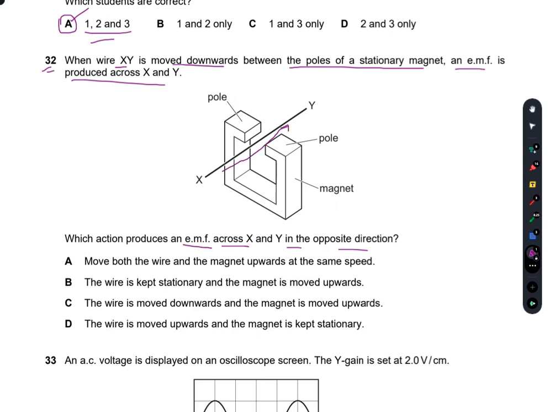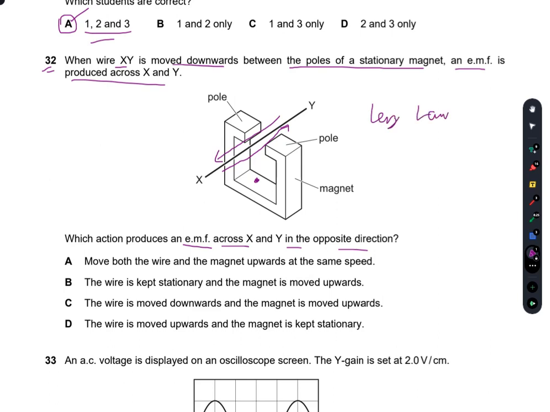If I move this downward here, but now I have to reverse the direction of the EMF. So if I simply move this xy wire, which was at this position when the EMF was induced here, and when I move this upward, the current will start to move in the backward direction. The EMF would be in the opposite direction according to Lenz's law, as you all know.